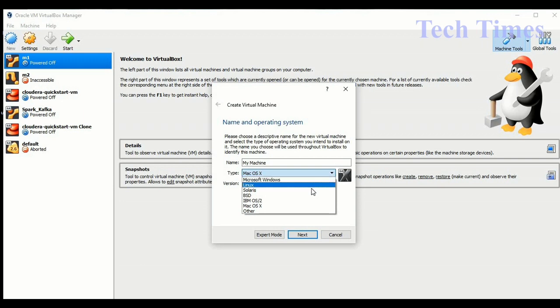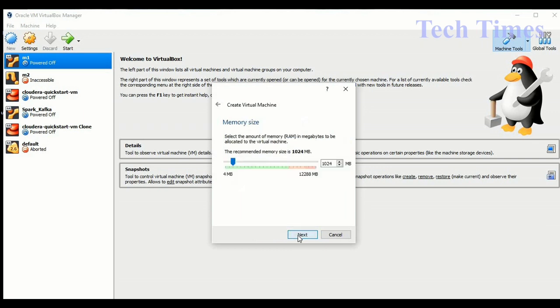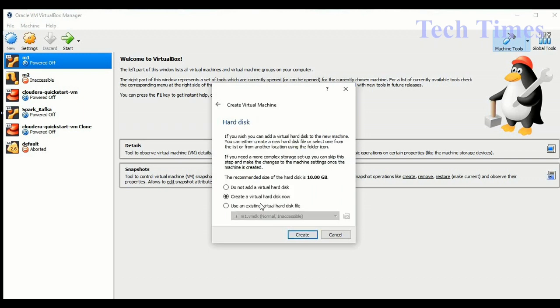So in this video tutorial I'm going to install it for Linux, but there are different available versions as well. Based on what virtual machine you want to select, you can do it, and there are different Linux flavors available. I'm going to show it for Ubuntu 64-bit, so I'm going to go ahead and select 64-bit. Here you have to assign specific RAM for your virtual machine. I have total of 12 GB RAM. I'm going to assign 800 MB of RAM to this.